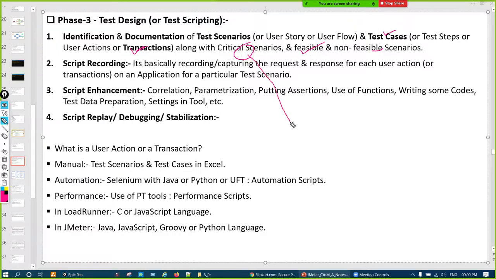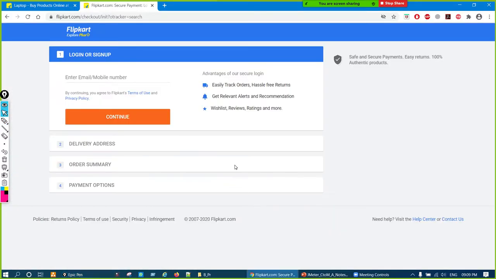So what are critical scenarios here? For any business application, some scenarios will be there which are generally the most important part of that application. Let us say Flipkart: the critical scenario for this will be login, search the product, click on add to cart, after buying login, delivery address, order summary, and payment page.